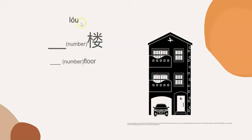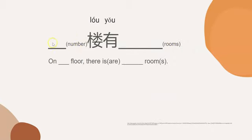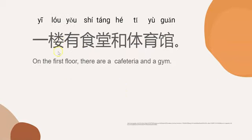And here, sometimes the school building has more than one floor, so we will learn how to say this. The floor is called 楼, and you just put the number in front of it. It will mean the first floor, the second floor. If you want to say on which floor there is which classroom, you will use this sentence pattern. 几楼有什么教室？